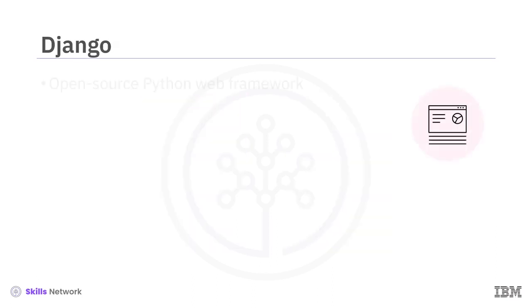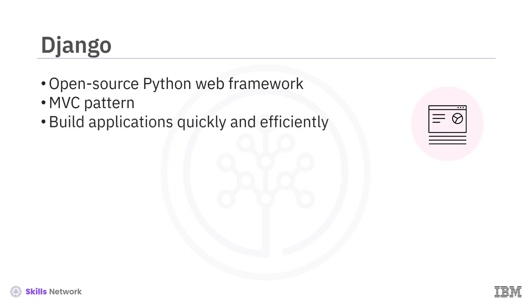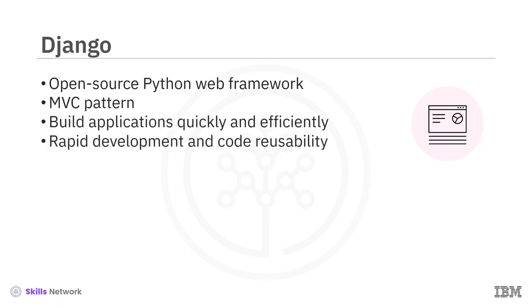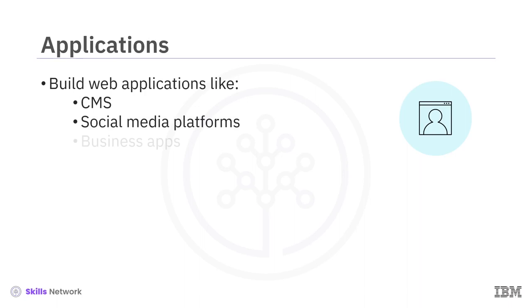Django is a high-level, accessible, and open-source Python web framework. It follows the Model View Controller (MVC) pattern, which helps developers build web applications quickly and efficiently. Django was created to enable rapid development and code reusability. Users can build almost any web application with Django, including a content management system, or CMS, social media platforms, business